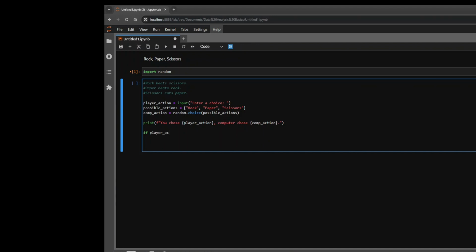So we'll go if player action is equal to, remember this time we're using a comparison operator, so we'll have to use the double equal sign, is equal to comp action. For if statements, you also have to have the colon at the end, and the indentation is very important. So if player action is equal to computer action, then print, we're gonna have to say,